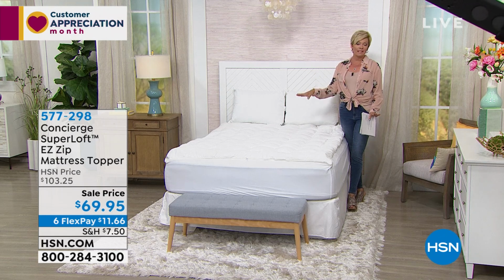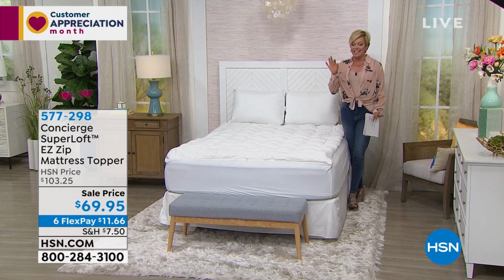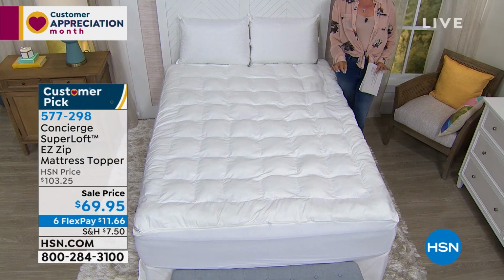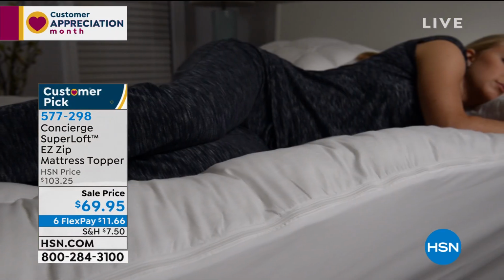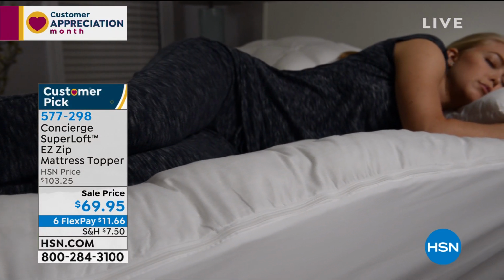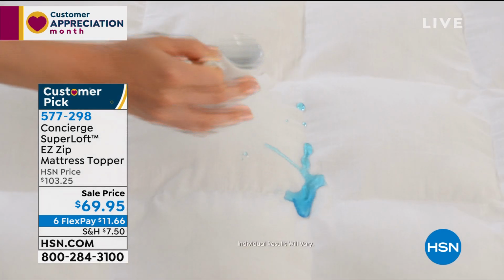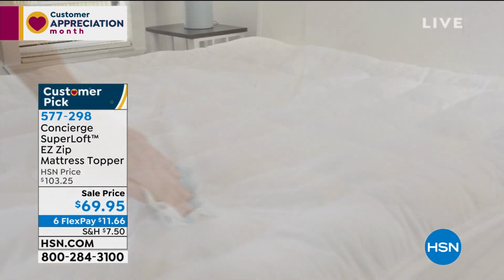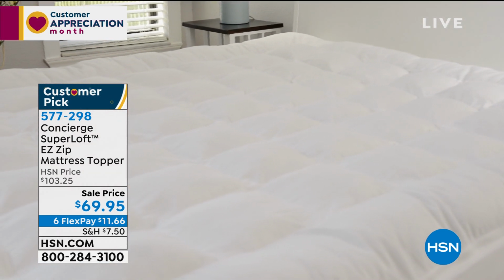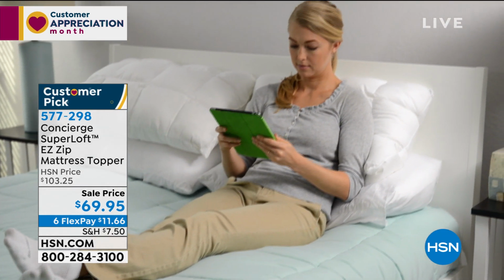My favorite bed is in the guest room because it has this zip-off mattress topper on top of my Beautyrest mattress. It's a mattress pad, and by the way, this one is water and allergy friendly in that it creates a barrier between you and the mattress, so if something spills, it doesn't seep into the mattress. Right now, a lot of us are probably eating a little bit more and having other fun in our beds during these days. But this is your chance at